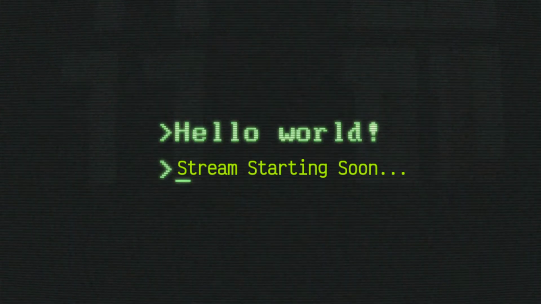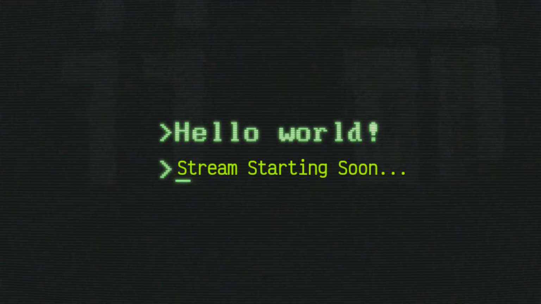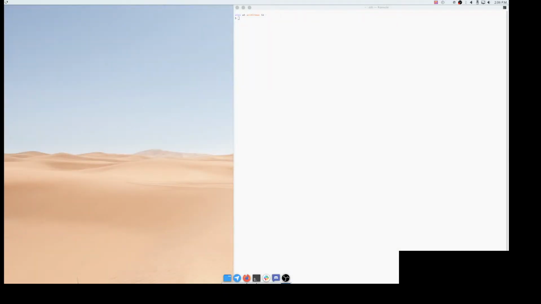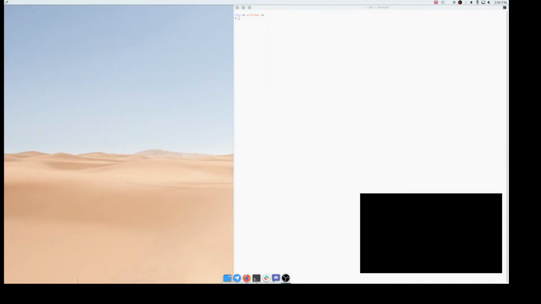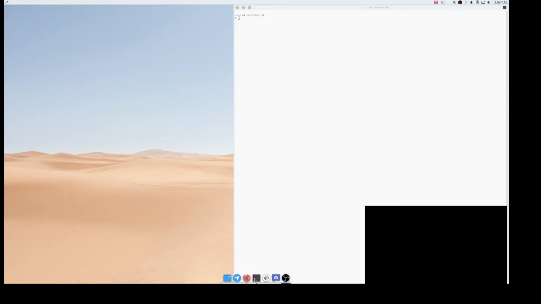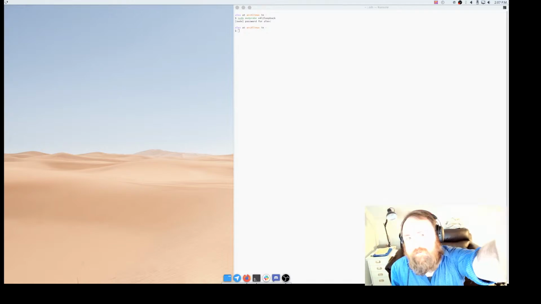Oh wait, I can embed chat into my video? Oh my goodness. We're gonna give it a shot. Bam! Oh. Huh. I forgot to load my drivers. Let's just do a sudo modprobe. I think. Maybe not. I don't know why it's all blank though, but we can fix it. Oh, it's because I got my camera cover on.